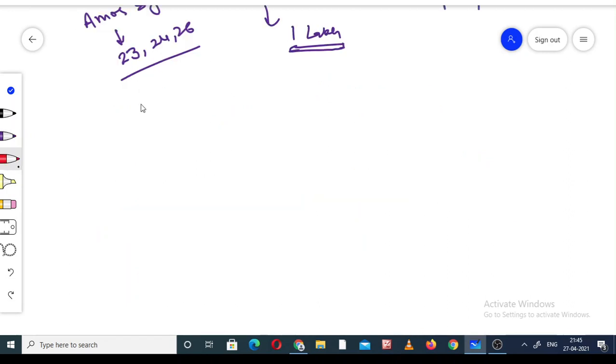Like we discuss analysis in research, three types of analysis will be there. The first one is univariate analysis, the second one is bivariate analysis, and the third one is multivariate. What is all this? Very simple.